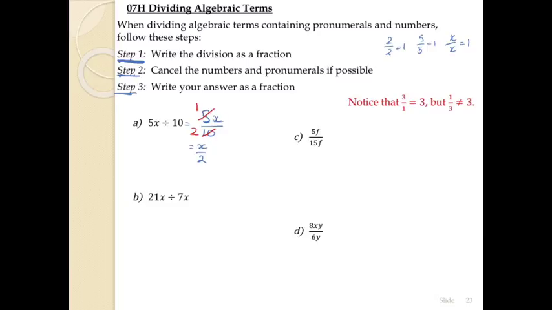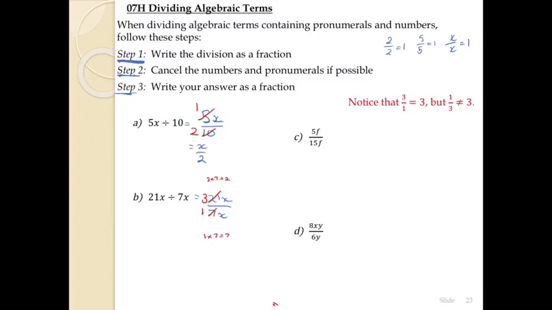Okay, in part B, we have 21x over 7x. Okay, so that's nice and straightforward. Now let's have a look at the 7 and the 21. So here, the highest common factor for 7 and 21 is 7, because 3 times 7 is 21, and 1 times 7 is 7. So we can cancel that by saying 7 goes into 7 once, 7 goes into 21